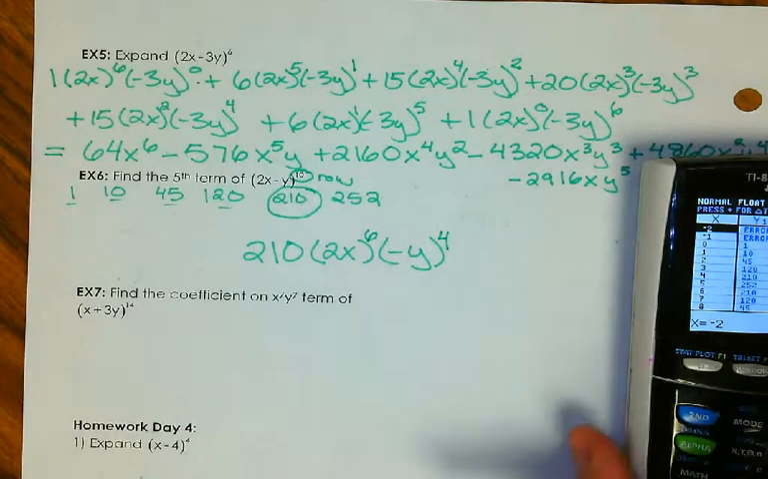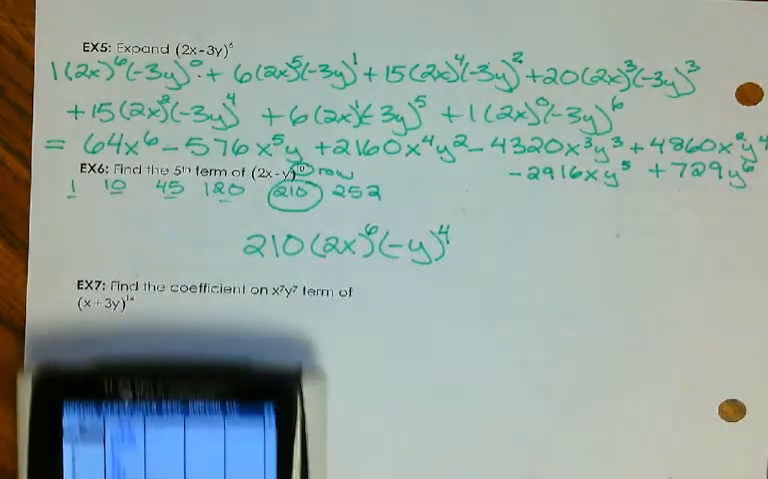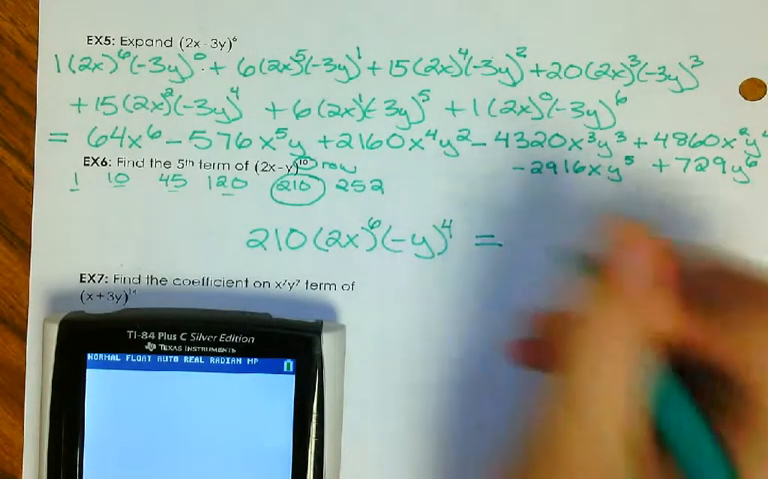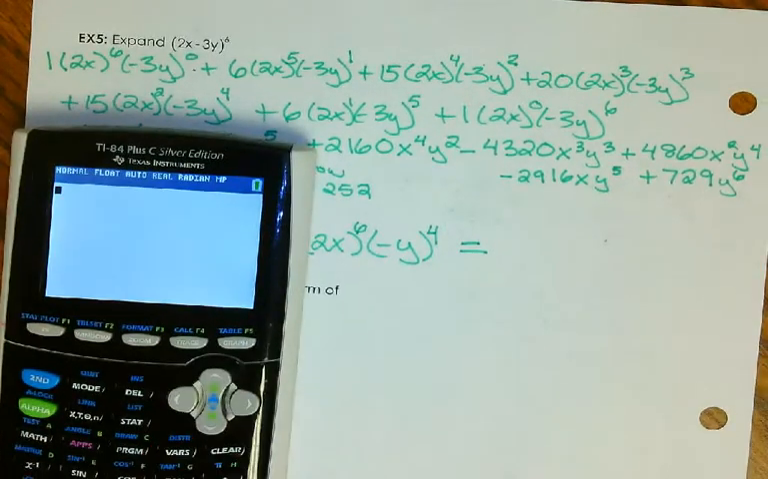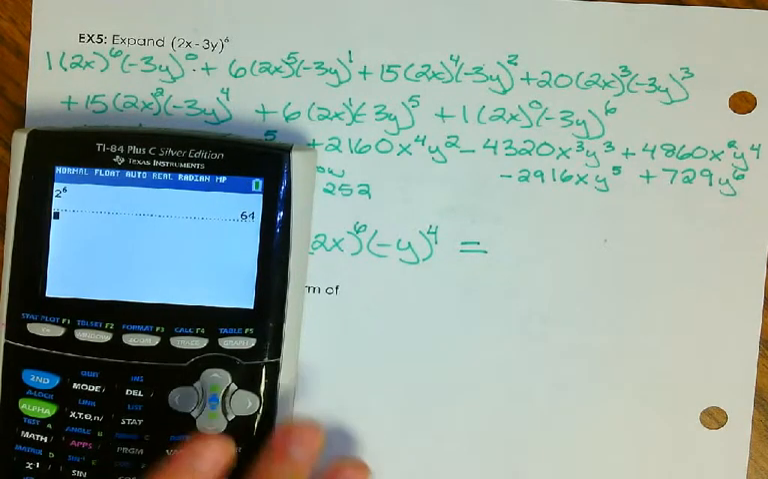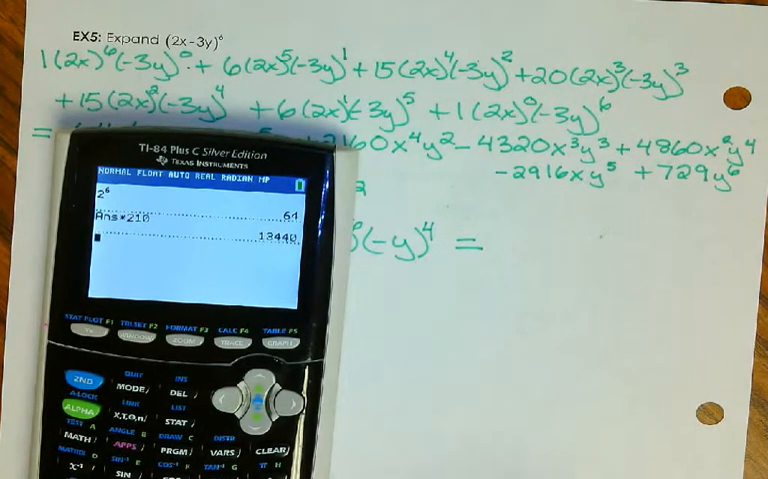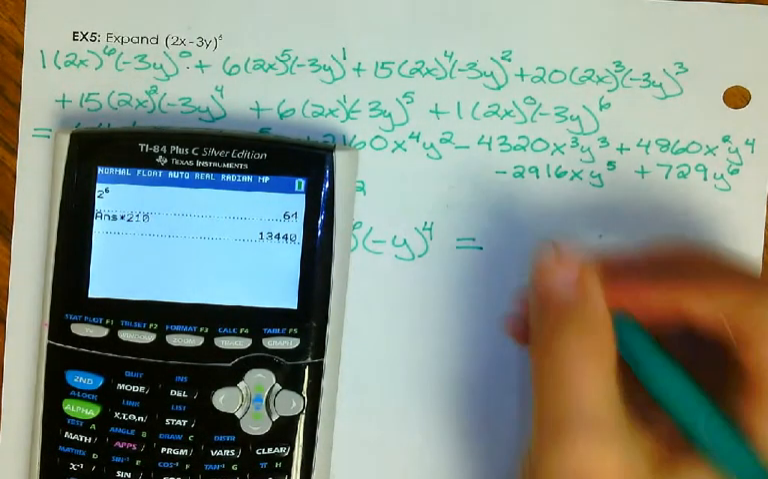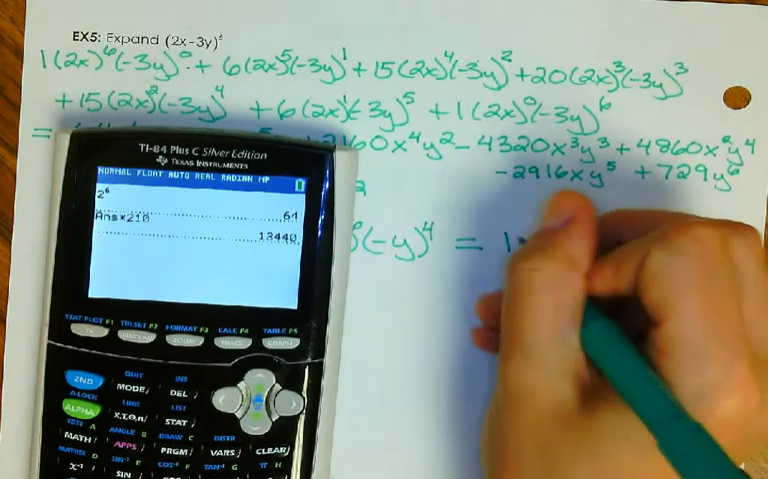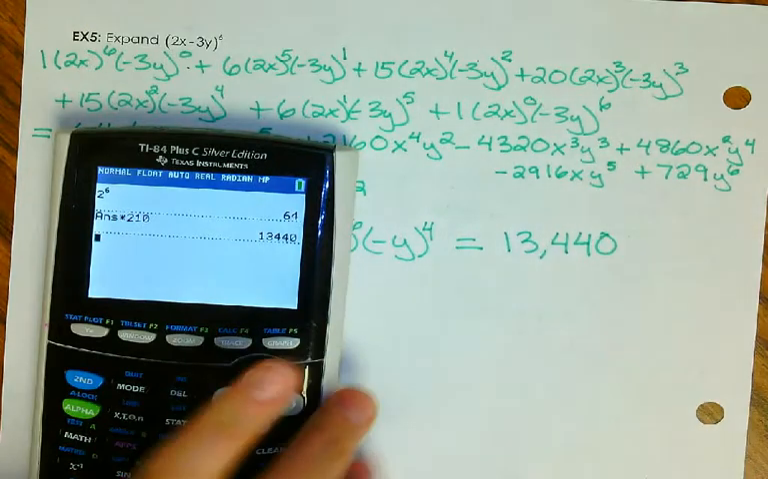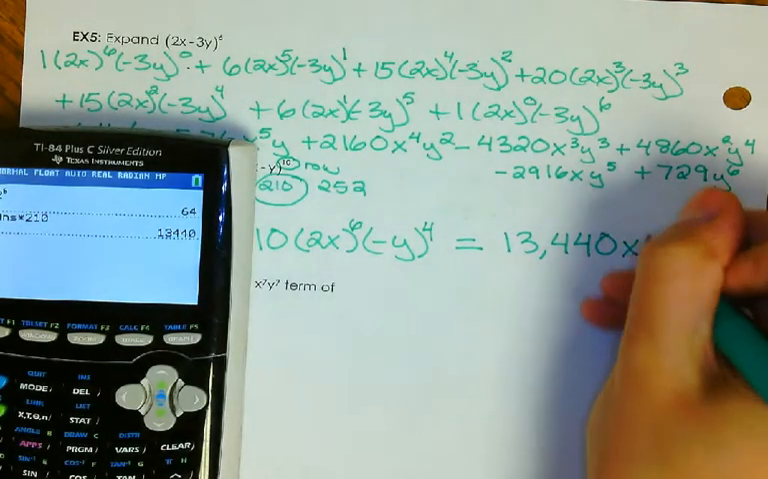So now I don't have to clean up the whole thing. I just need to focus in on that particular term. So if I clean this up, I'm going to need 2 to the 6th power, which is 64, and I have to multiply that by 210, right? So times 210. So I get 13,440, and that was x to the 6th,